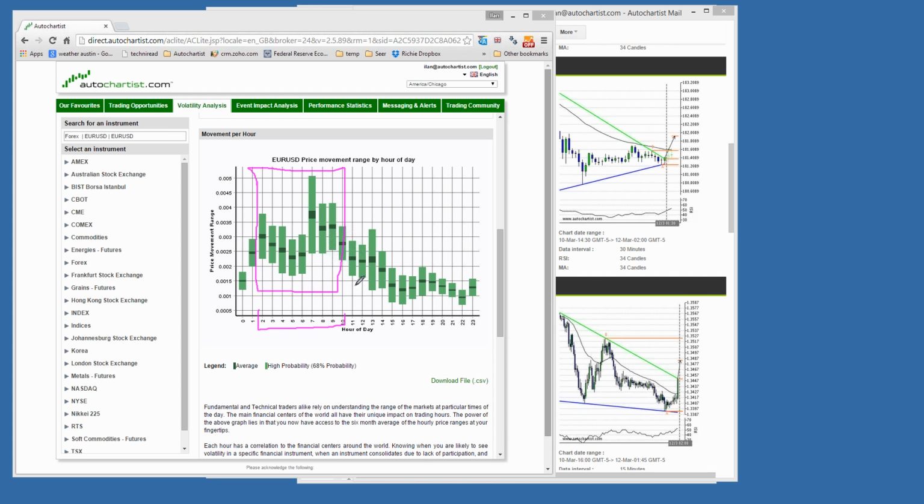This is my time zone, but during the UK session, during the European session, is when all the action happens in the forex markets. The US might be the leader in terms of stock trading and stock markets, but when it comes to forex markets, the US is not the center of the universe. London is the center of the universe, and so without a doubt, you're going to see a lot more action happening during the UK session than you would during the US session or Asian session.